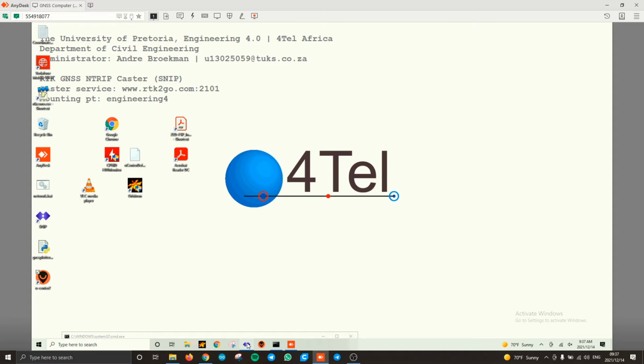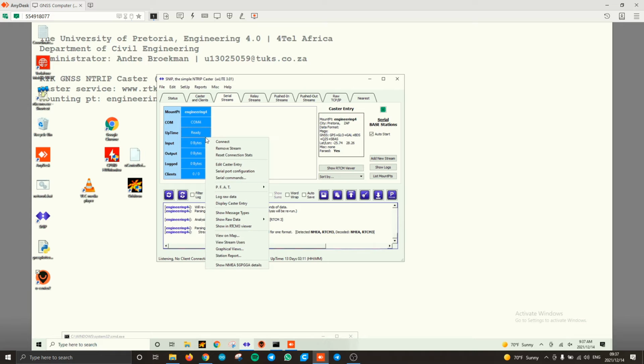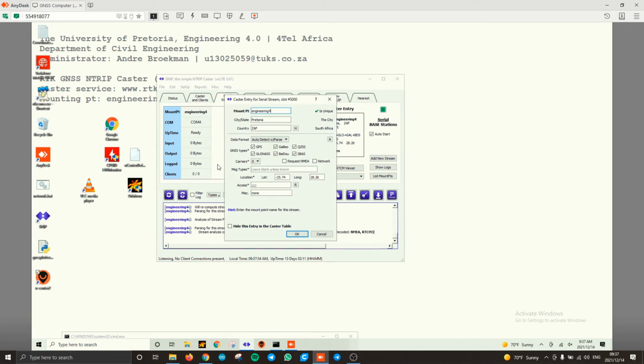Alright, so now we go back into SNIP. So at this point in time, you would have registered your NTRIP Caster. You would have had now your base point name, in our case Engineering 4, your password that you're going to keep secret in this case, and just make sure you note that down somewhere. So in terms of the serial stream, we can have a look at that caster entry. So this is where we're getting the data from our device. So again, my mount point name I specified as Engineering 4. It's just easy if you keep it the same for the serial input, and then for the caster going out